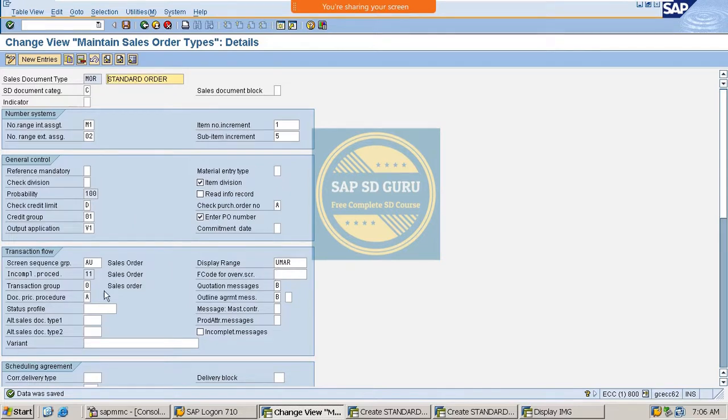Okay. Then the next one is transaction group. This field controls the T code of the sales document type. Okay, T code of the sales document type. So here, let me,